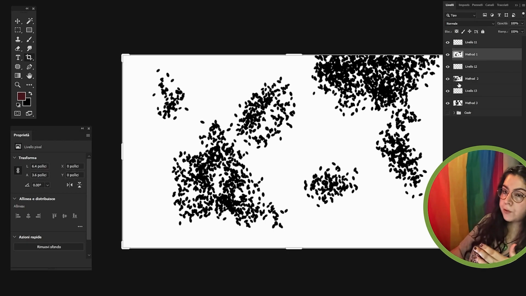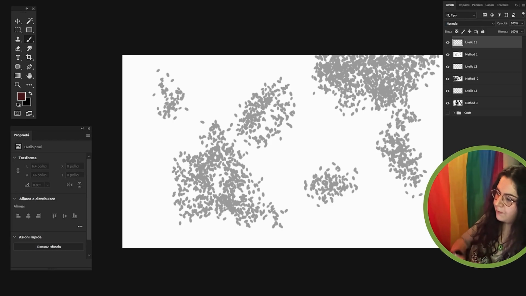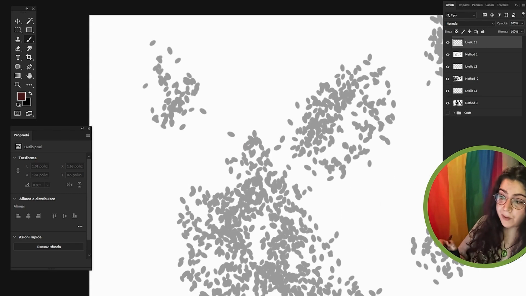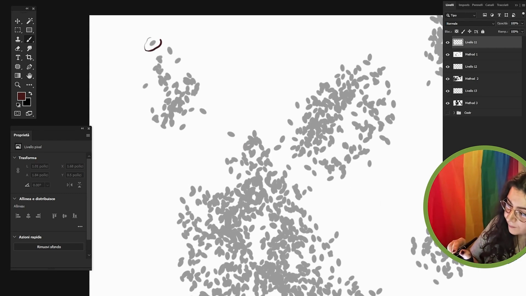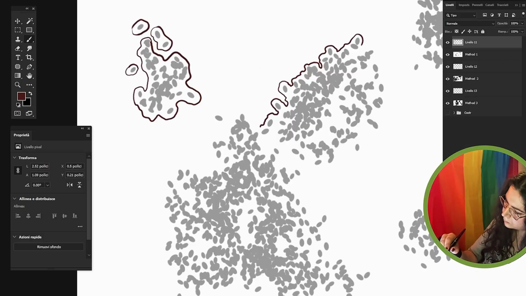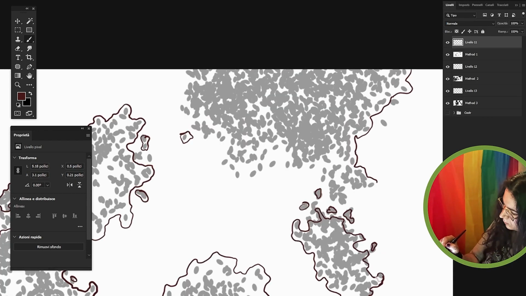I prefer not to work on high contrast images because my eyes get really damaged. It's just for my eyes. Pick your favorite brush. Mine is this one. Zoom in, use it as if it was a rice map. As you can see, I'm using the randomness to choose what I like most.